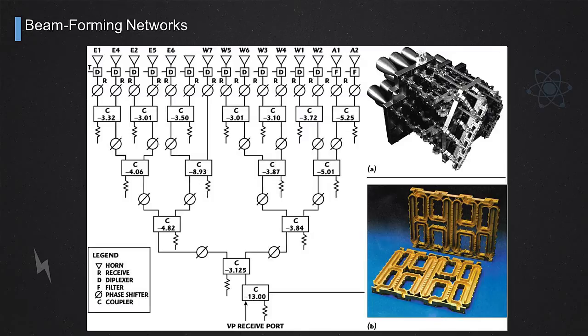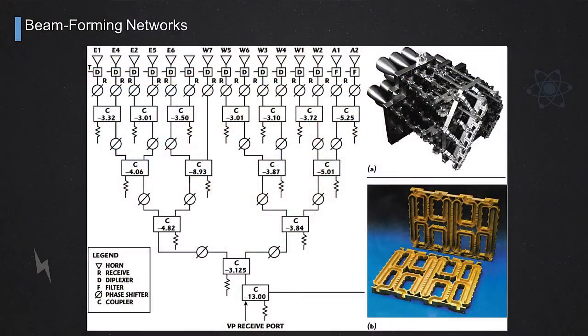So the end result is a network that can feed an array of illuminators, these little horns that would illuminate a larger aperture, and they split the input signal into different signals with weighted amplitudes and weighted phases, and the end result is this combination of the individual spot beams that would have been generated by the individual feeds into one single but well-shaped beam that fits at best my coverage area.